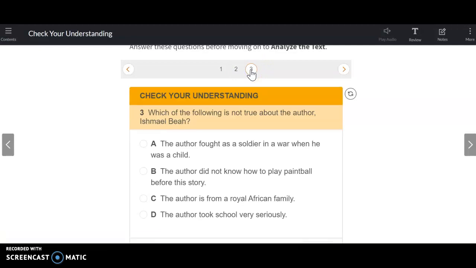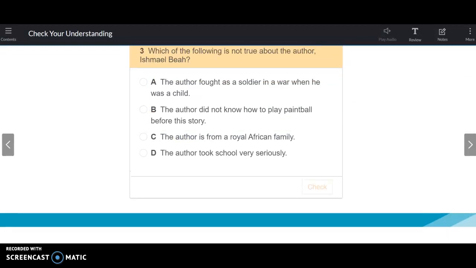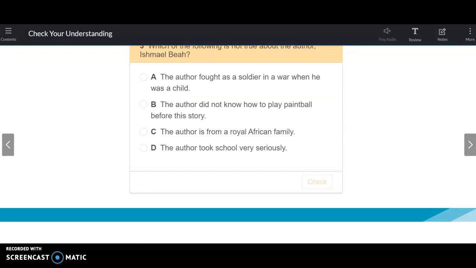Now, just like last week, you are not clicking these gray arrow buttons. These take you to another assignment, the next assignment, which I may or may not be assigning. So I would not use these at all. You're just going to scroll up and down. And when you get to the bottom, you can't scroll down anymore and you've done all the work that there is to do for today, which in this case is just these 3 questions.